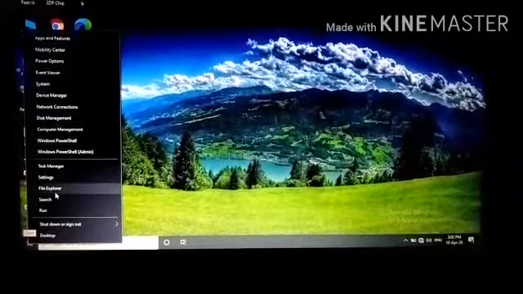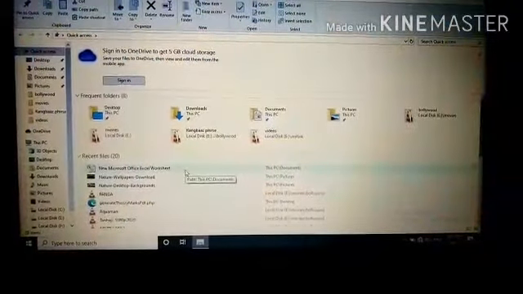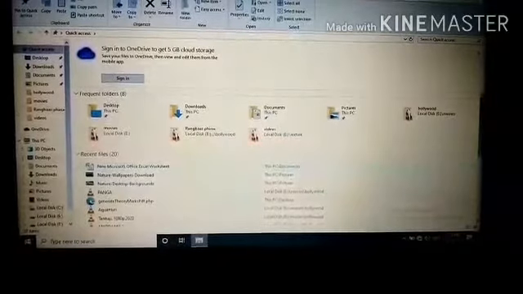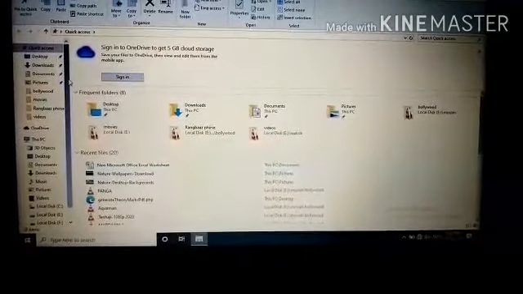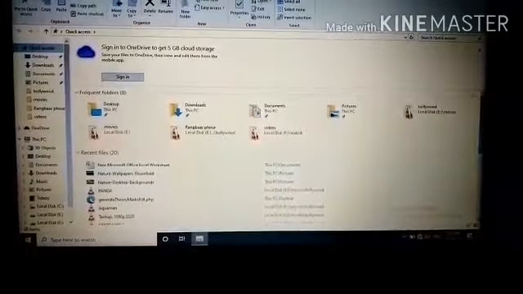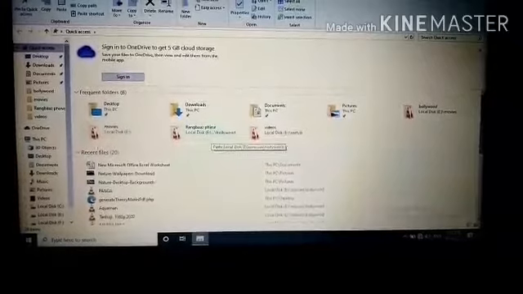Window Explorer or File Explorer is the same thing. This is a screen of the File Explorer. There are two parts of this screen. This is a tree view and this is a list view.